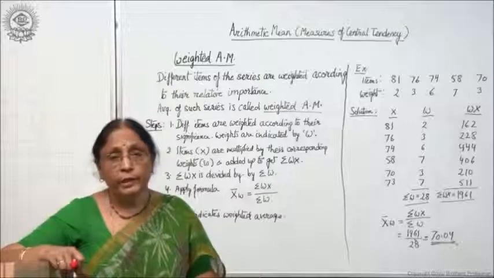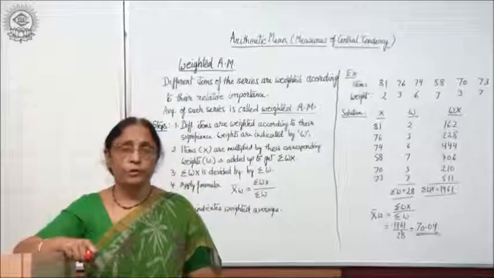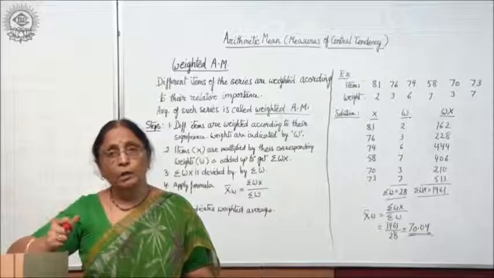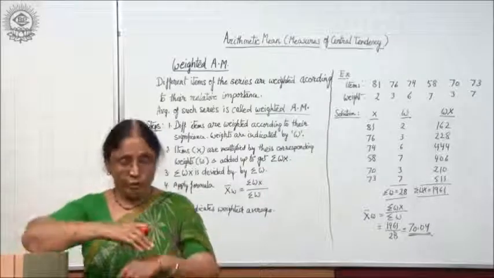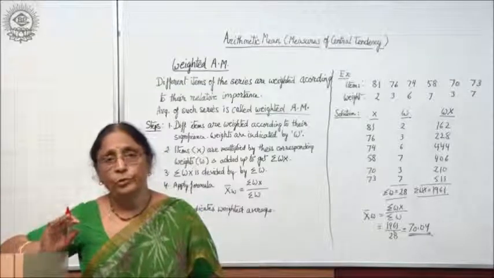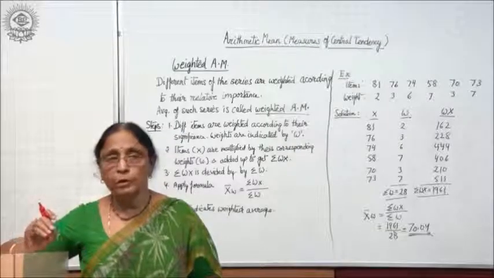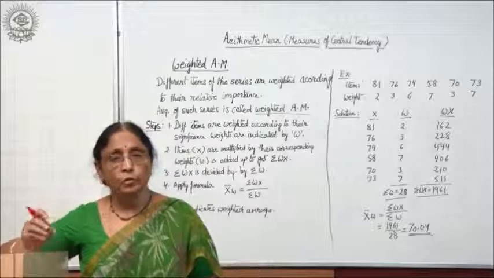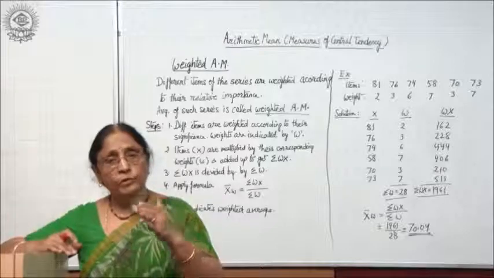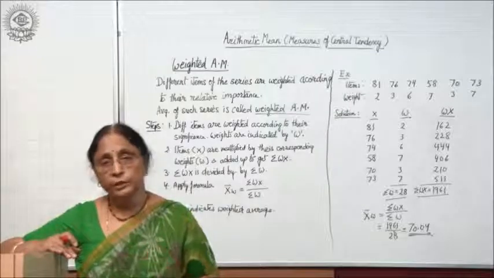Now when you talk about arithmetic mean, you are giving equal importance to all the items given in the series. For example, if you are calculating the average expenditure of a month, you are giving equal weight to food items, clothes, shelter, housing, rent, and entertainment. So you are just writing down the expenditure, imagining that you are giving equal importance to each item.